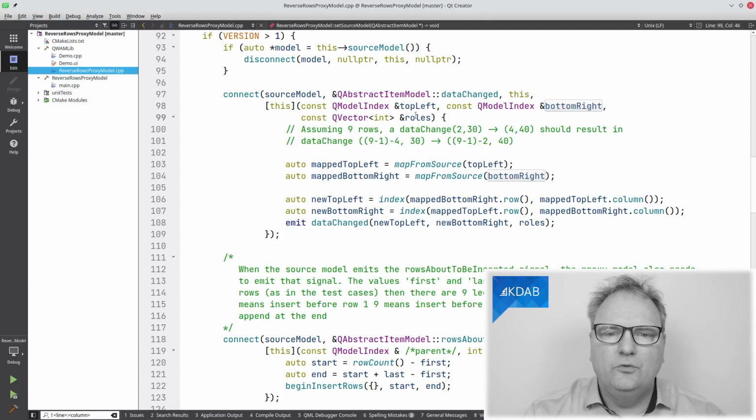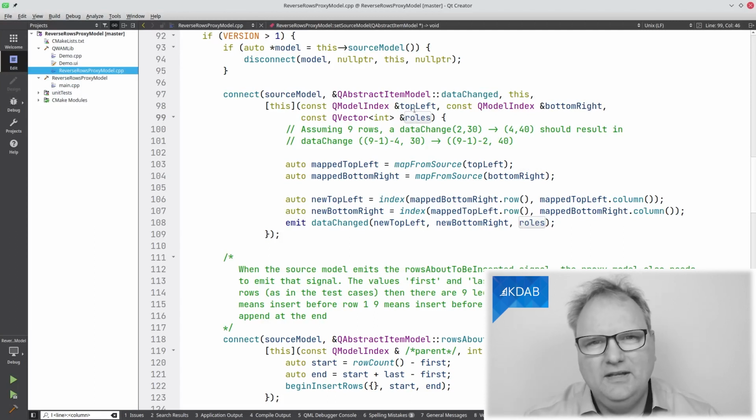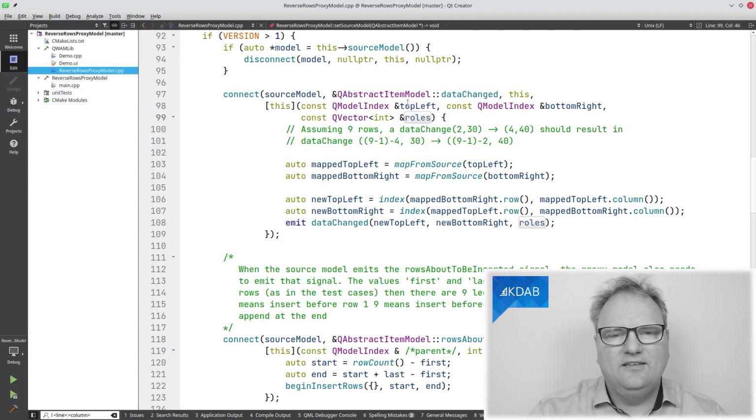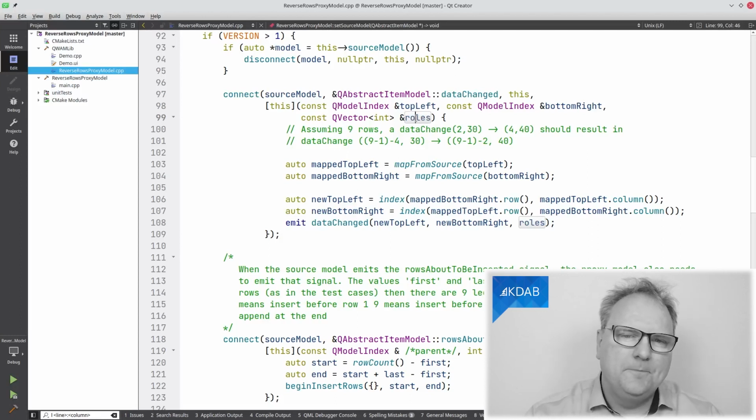And then there are the roles. If I had something that was super complex for my views or for me to handle, then they could be not updating all the roles. It's optional if you want to implement these.